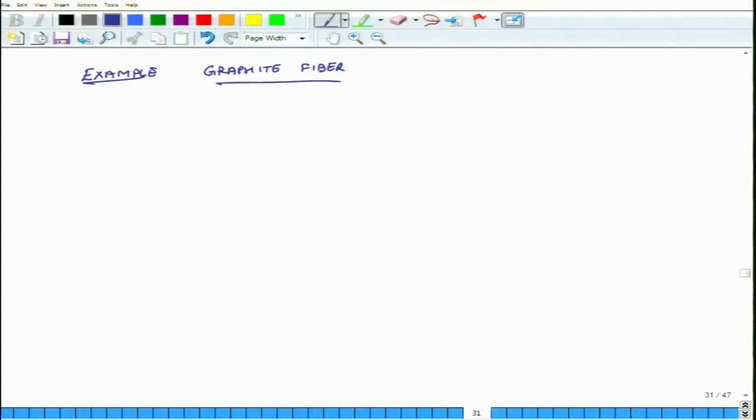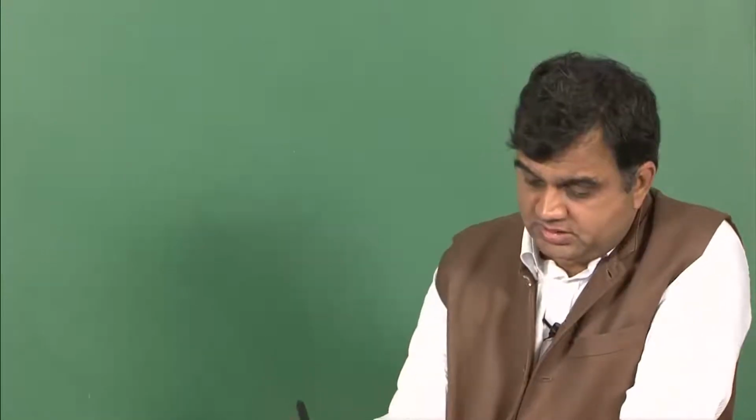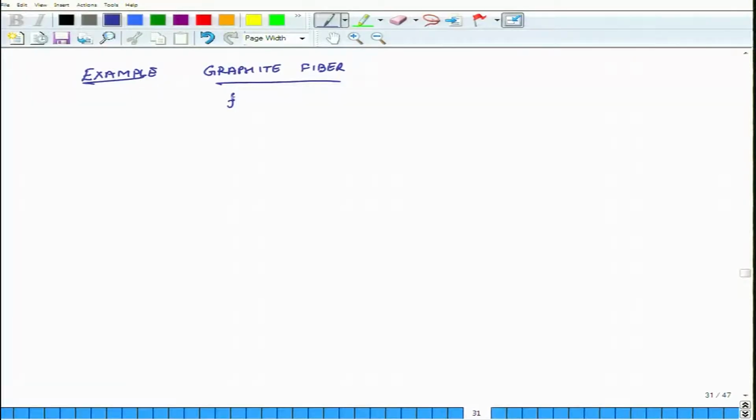Graphite fiber. So, what is its Kf? Graphite fiber itself is non-isotropic. So, it has one conductivity in the L direction, Kfl equal to 80 watts per meter per degree centigrade, and Kf transverse is pretty low, it is 12.5,